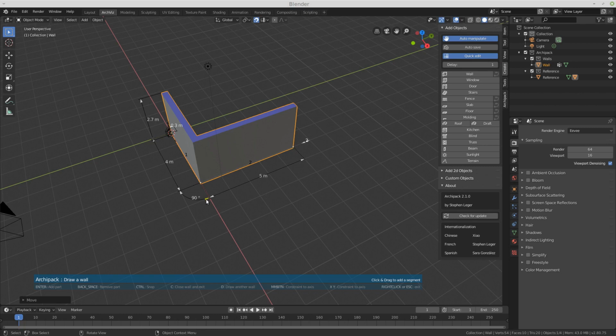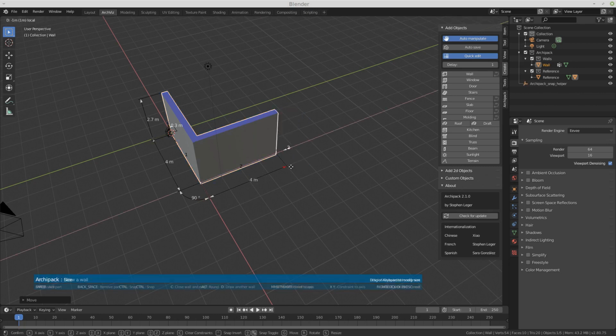You can also use this one to set the angle. As you can see, the angle here is not rounded, but keeping Shift pressed, I'm able to use precise 1 degree steps, and Ctrl Shift is 5 degree steps. So it's easy to set up the right size.